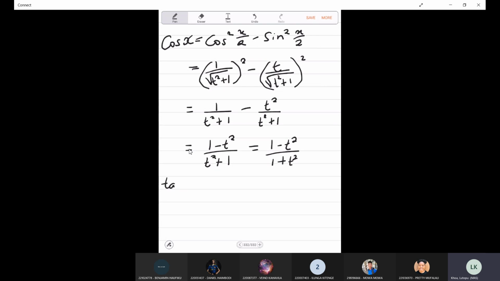Then we can also work out tan, which we know is sine x over cos x. This is equal to 2t over 1 minus t squared. Okay, so then these are the substitutions that we will use when working out integrals that look like this. So we will use these substitutions